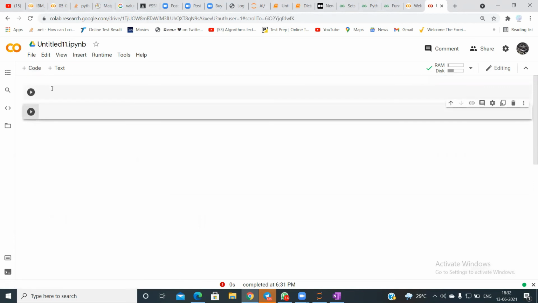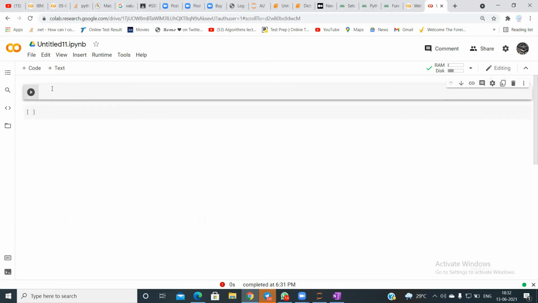So simple function, right? So we have even odd numbers, right? For even and odd you can write a for loop and do all that stuff.